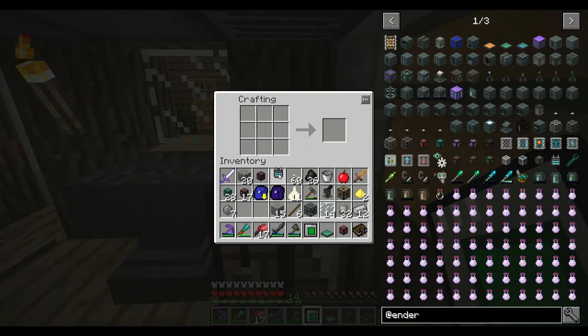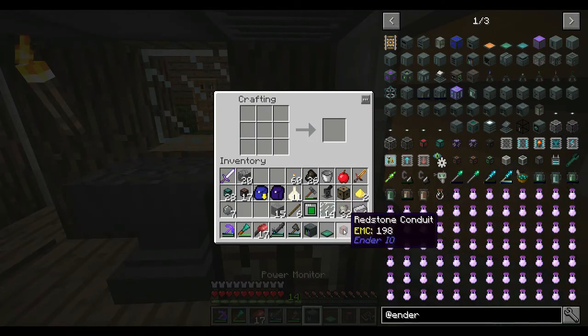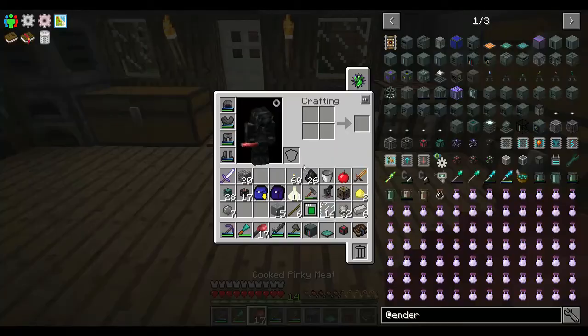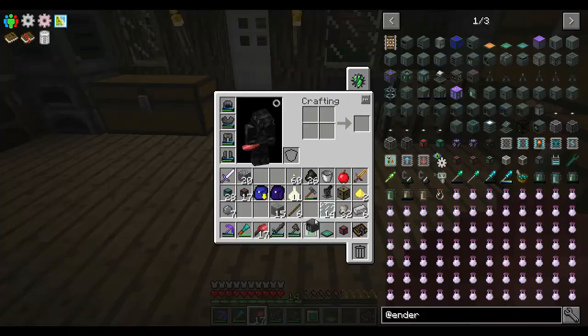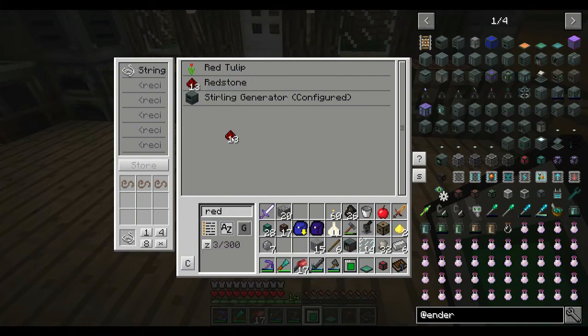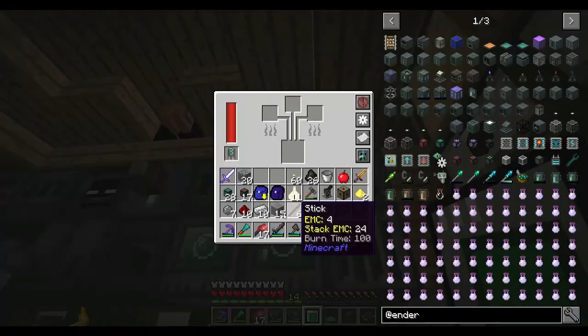Okay, there's the conduit probe. One power monitor. Alright, well, I'm going to need some more of this redstone conduit, but I need to cook some up. Let's get that going while we're waiting. Redstone. 10. Do I have iron? Yep. Actually, I probably need 12, but we'll just...